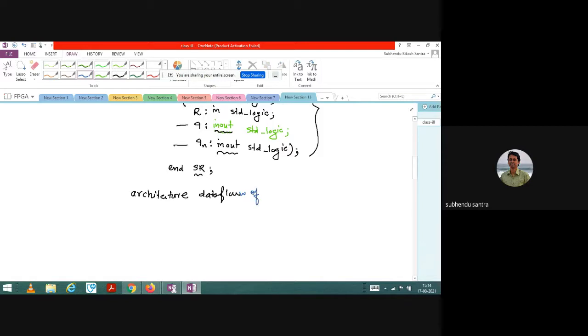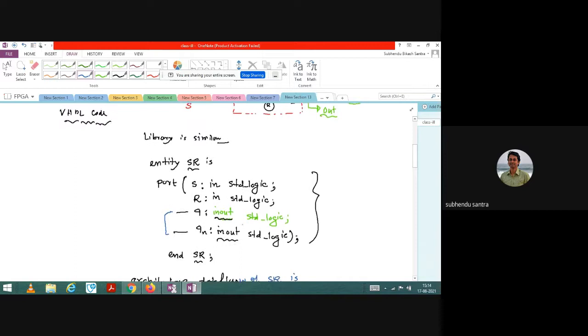of SR is, and this is what I am writing for only Q and QN. After that I will write for the other thing because this is in-out and I do not have any definition of in-out. I know that Q is an output as well as an input for the other chip. So there is a need to define it properly. Now what is Q? Let me go to the diagram. What is Q?